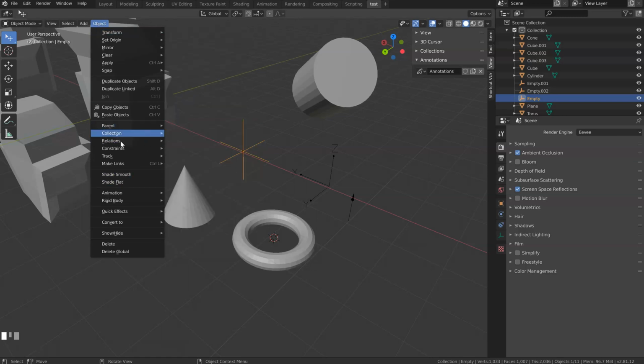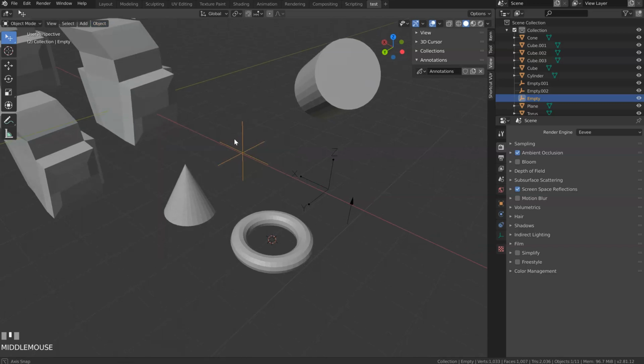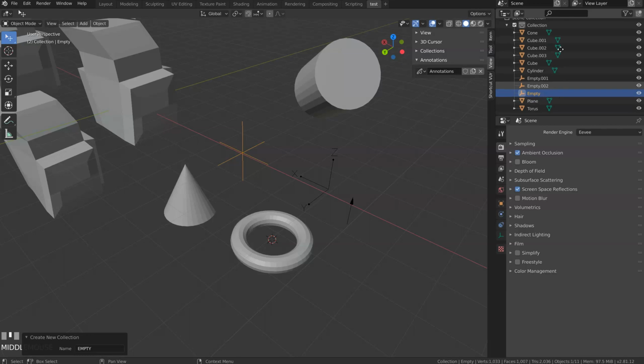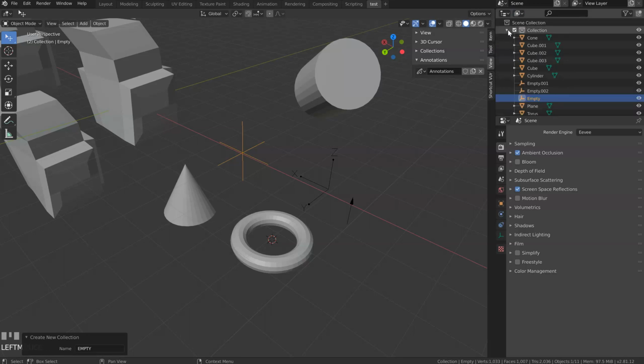So you can parent object, you can create collection, move to collection, link collection, create a new collection. As you can see, you have the shortcuts here. So I can press Ctrl G, that will create a collection. I can name it. I will name it empty, like that. Enter. And normally I should have my collection, but it seems create new collection. Yes, empty. It's created. I am in view layer. And I cannot see my collection.